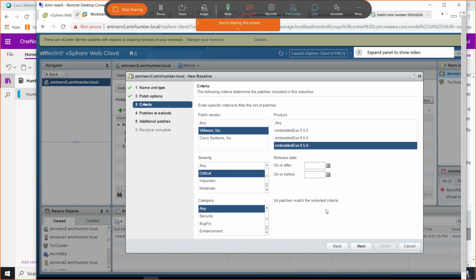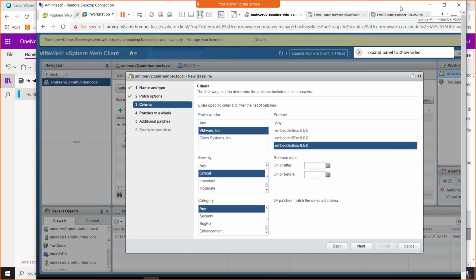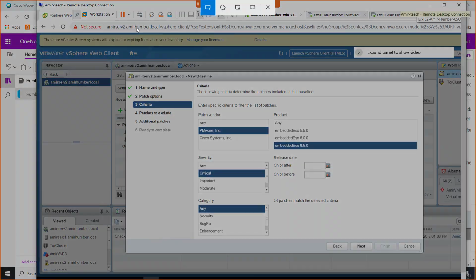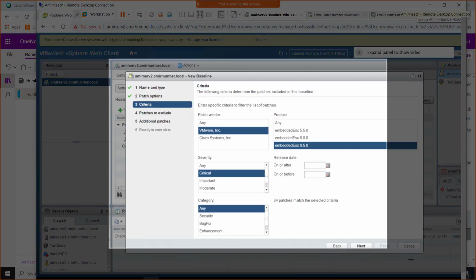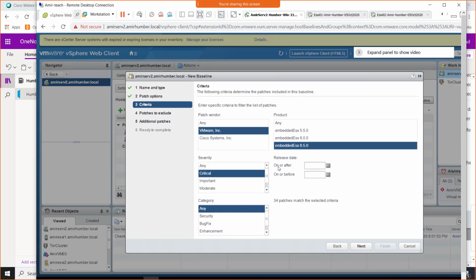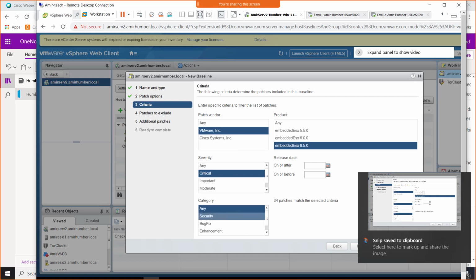second screenshot is this, 34 patches selected in VUM. So let's take the second screenshot on the same screen, and that is 34 patches selected. If you see more or less, then it's also okay. I'm going to take a second screenshot now.